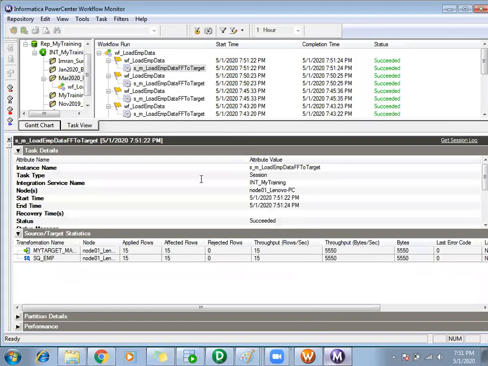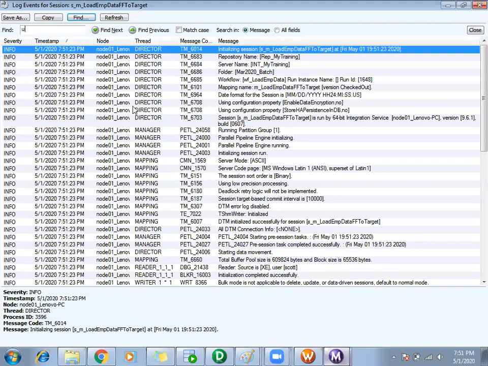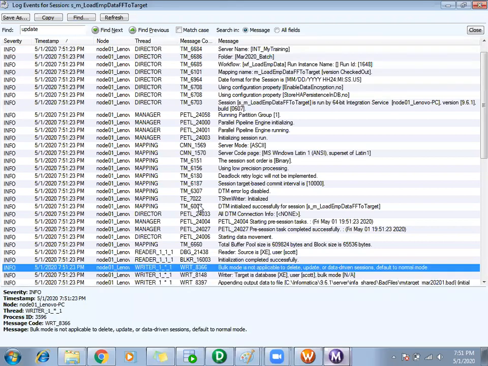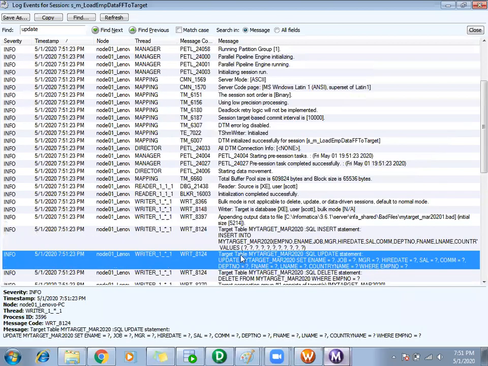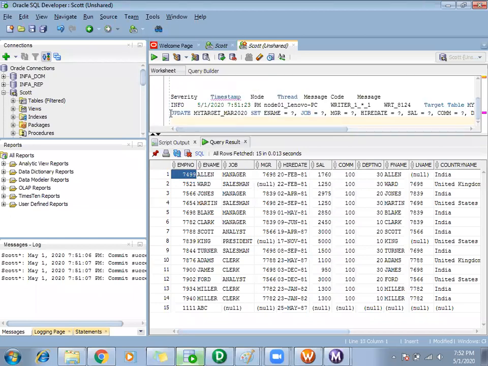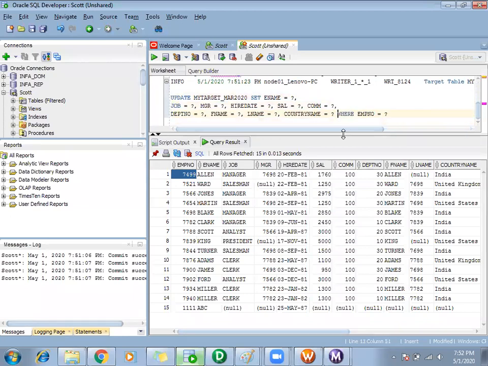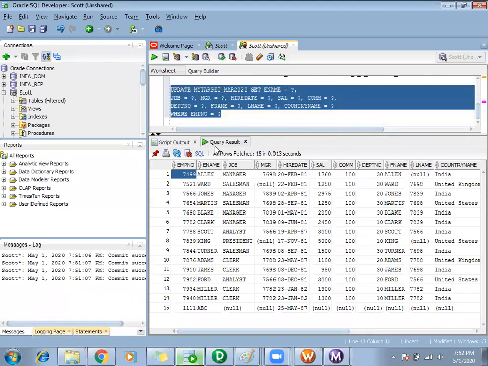If I go and check the session log, if I check with the update query, see, update my target table, all the columns it is updating based on what? See, this is my update query. It is setting all the columns based on employee number. So if there are any changes in the source, those get updated into my target also.